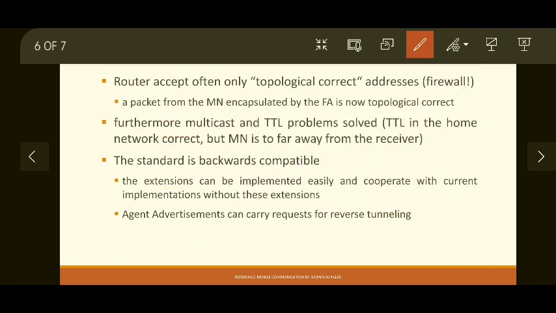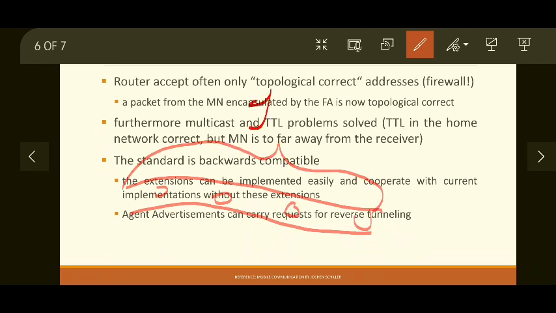The third issue was TTL. If you recall, in the case of tunneling, no matter how many routers are in between, the entire tunnel is considered as one hop. So where packets are being initiated by the mobile node, this is considered as one hop and included in the TTL field. Even if it is far away from the home network, it will still be one hop away from the home agent.